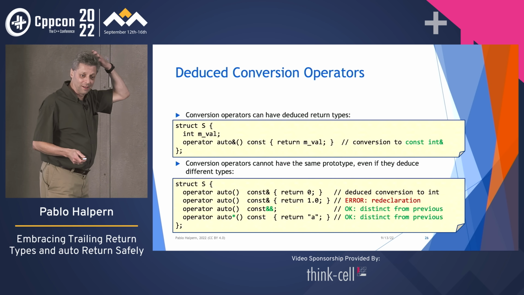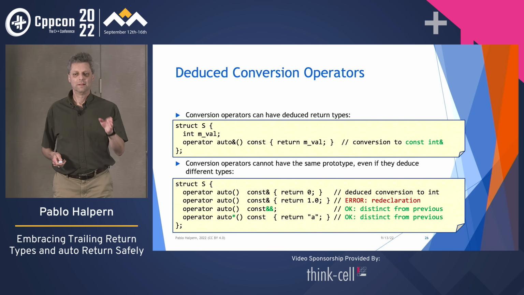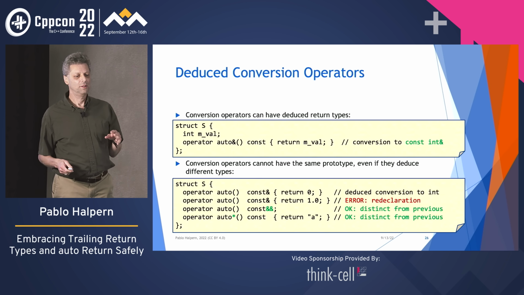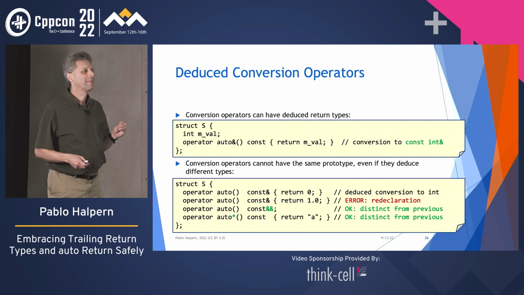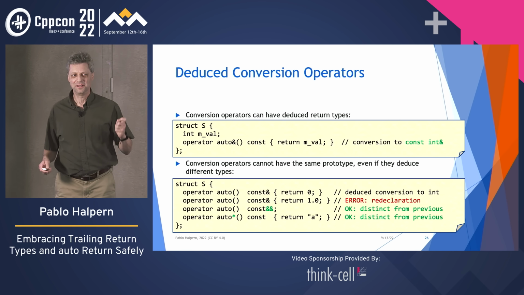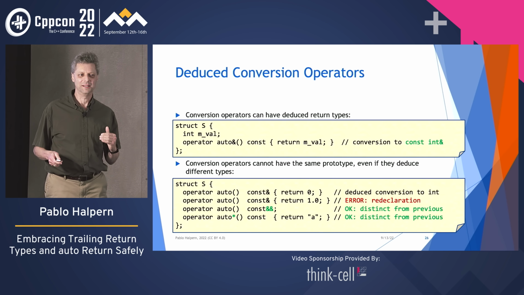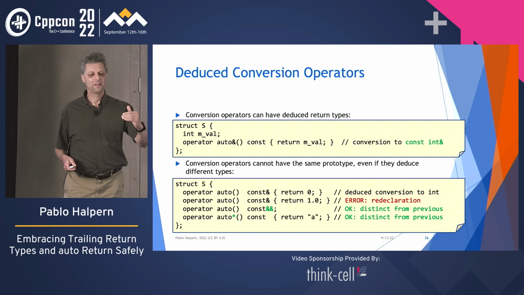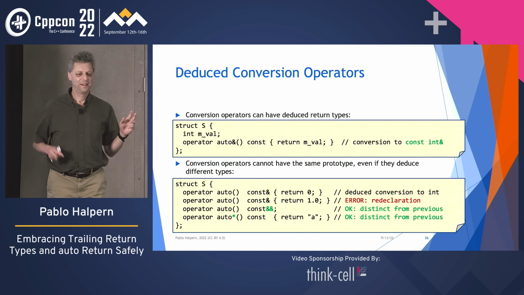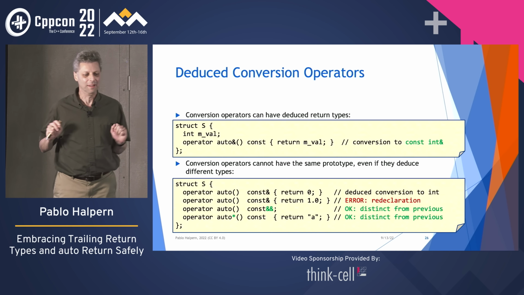All of the previous things apply, but one thing to be concerned about is that the name of the operator is, in a sense, not known until you deduce its return type, so the overloading rules are a little bit funny. If you look at the first two declarations of auto, they return different types, so they theoretically have different names. One of them should be named operator int,